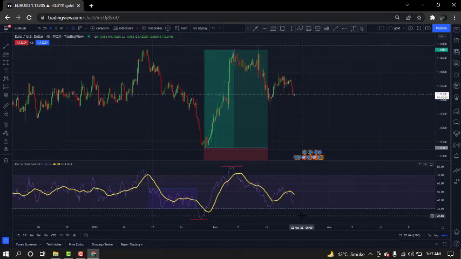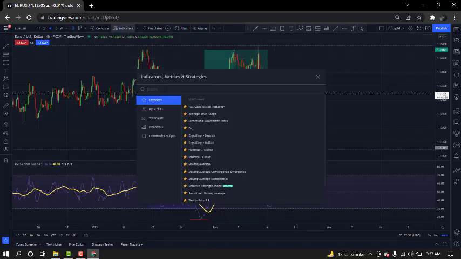Never use a single indicator, never depend on only one indicator. You have to use at least 3 to 4 indicators, analyze all of them, and then conclude the condition of the market. Then you have to take a position, or decide whether you are going to jump into the market or stay out. So this is RSI, and the second one is MACD,